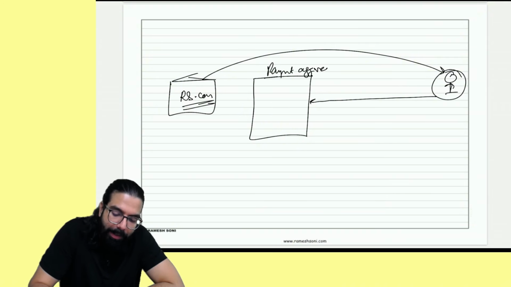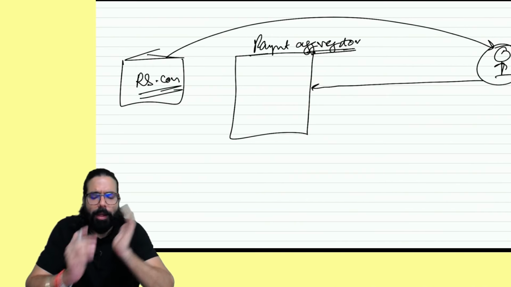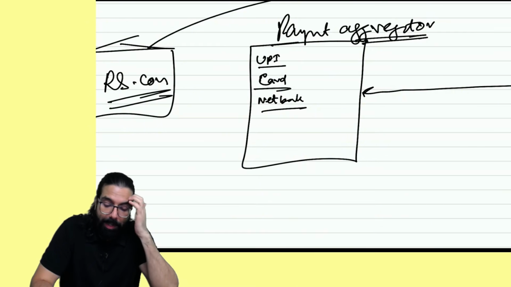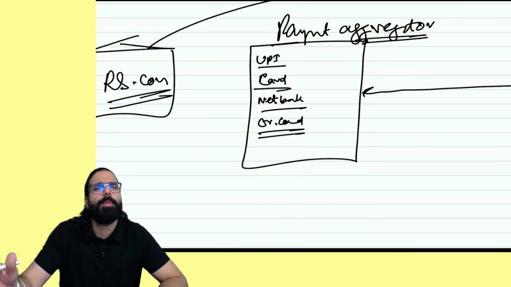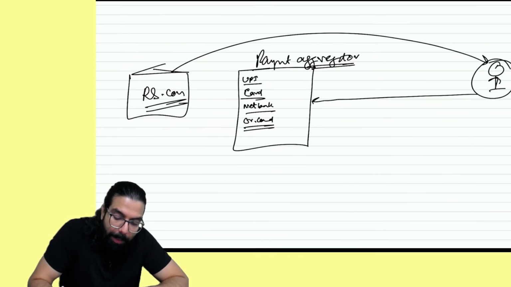One is a payment aggregator. I took a payment aggregator service. What is a payment aggregator, sir? When you place an order nowadays, you will see the UPI option is there, the card option is there, the net banking option is there, debit card is there, credit card is there. All these options are there, wherein you can use any UPI, any debit card, any credit card, and make the payment to me.